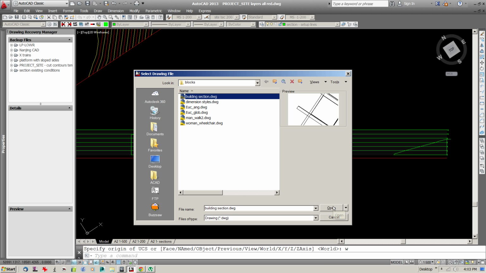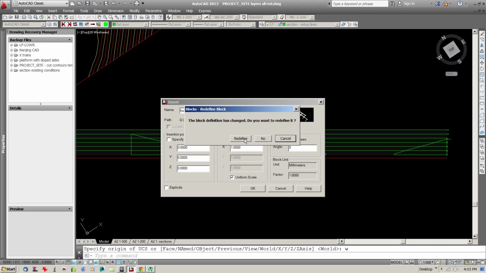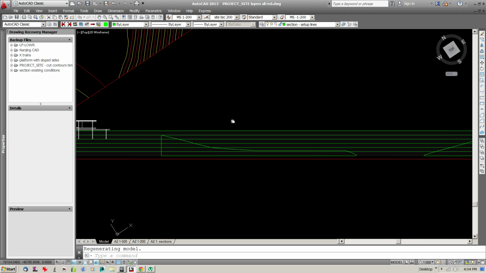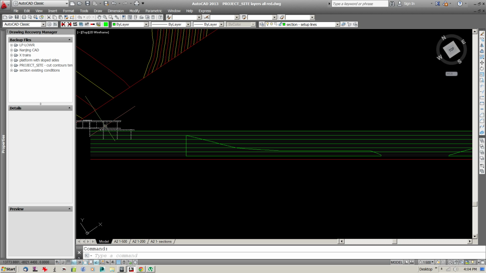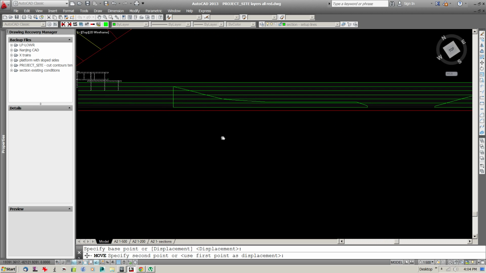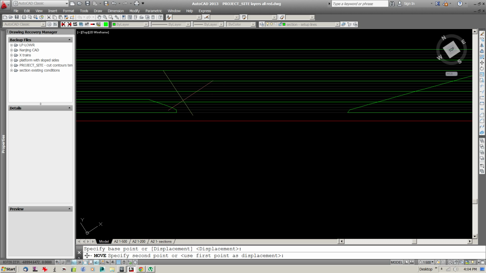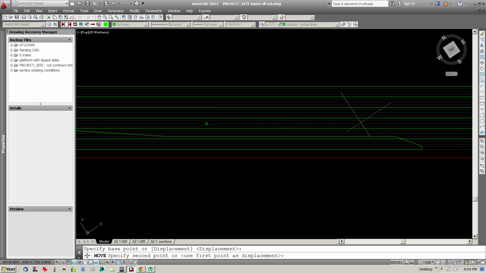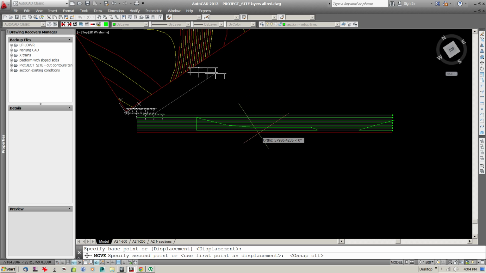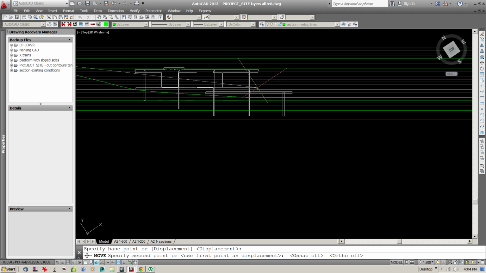So, building section. It's going to ask me where I want to put it. I'm going to say I don't want to specify it on screen, I just want to see where it comes in. Don't worry about that, you won't get that message. And there it is, it's come in over there. I want to move that building so that the floor level is at 5. So we know this is the 2, this is the 4. So the floor level should be at 2, 4,